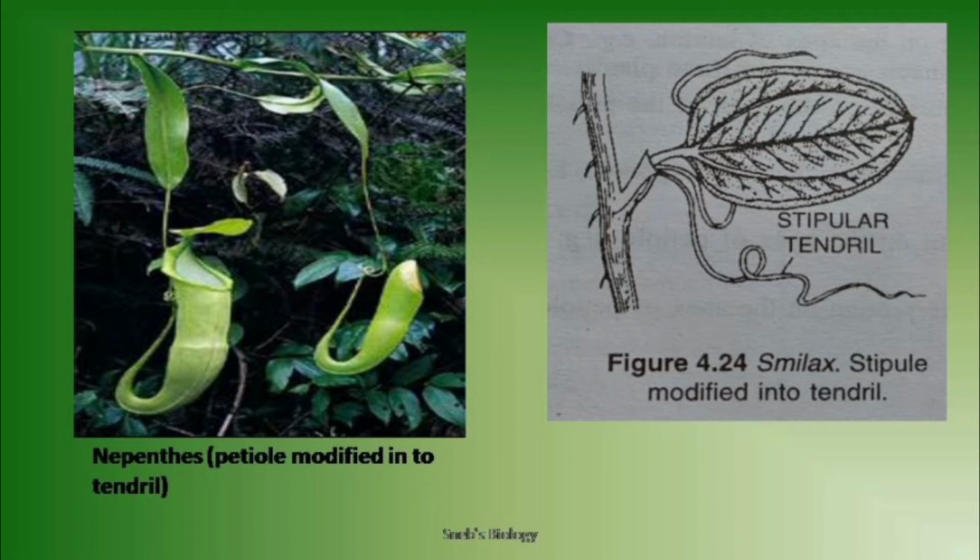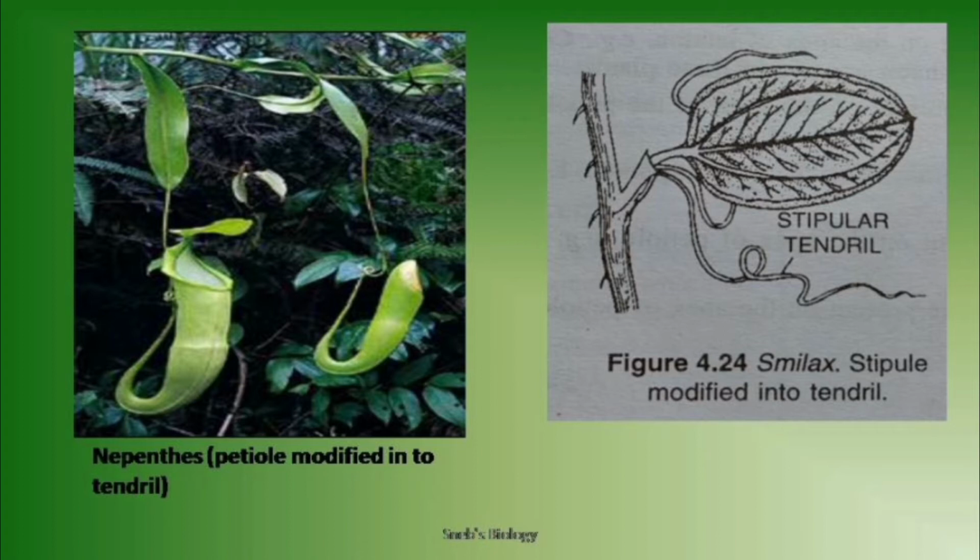In pitcher plant, the petiole gets modified, so this petiole has become spiral, coiled and tendrillar, and the blade has gotten modified into this pitcher-like structure. So this is actually the modified petiole, and this is modified into a tendrillar structure. But in case of Nepenthes, the function of the petiole is to put the pitcher upright so that the insect can go in and get trapped.